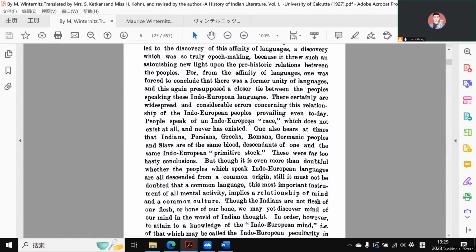According to my understanding, he might be referring to some very aggressive racist program. I don't know if he really refers to the Nazis or not, but at that time there did exist